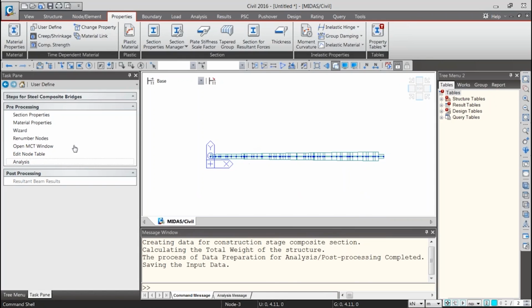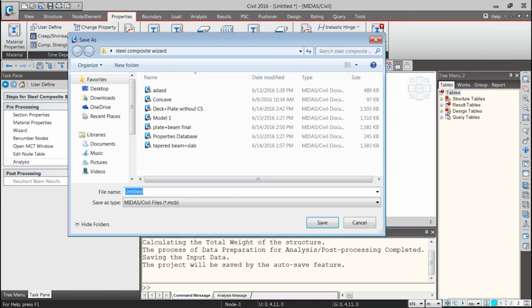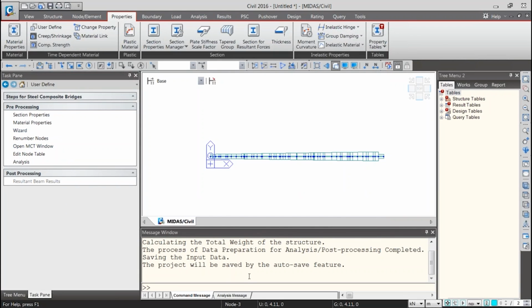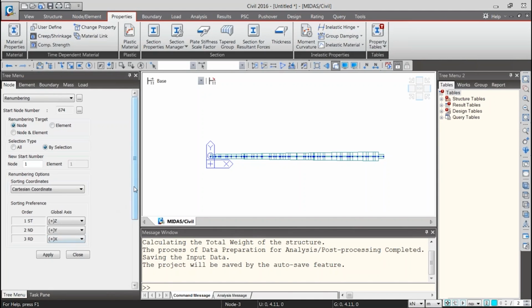So it will define all those things in a very systematic manner. So it is very easy for a beginner to start with the modeling and other things. It will also lead to an increase in efficiency of workflow. You don't have to go to each and every option. You just get all the menus directly from the task pane. So these are some ways how you can do modeling changes.